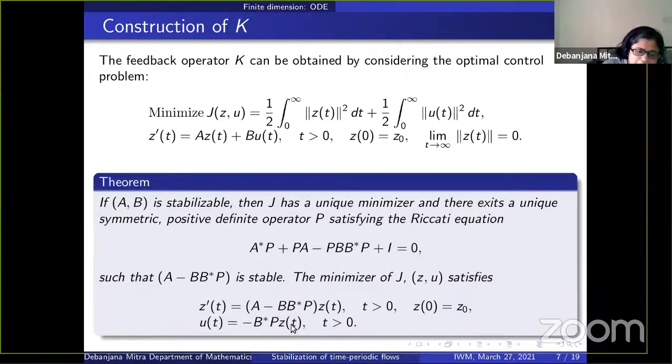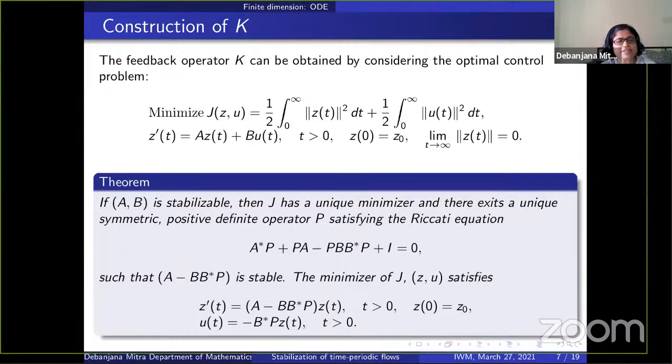So whatever that capital K I was talking about is nothing but that minus B star P in particular. So that's how you can explicitly, and in R^n you can explicitly solve this Riccati equation, and in particular you can find out the expression of K, and that's how you can construct explicitly what could be your feedback control